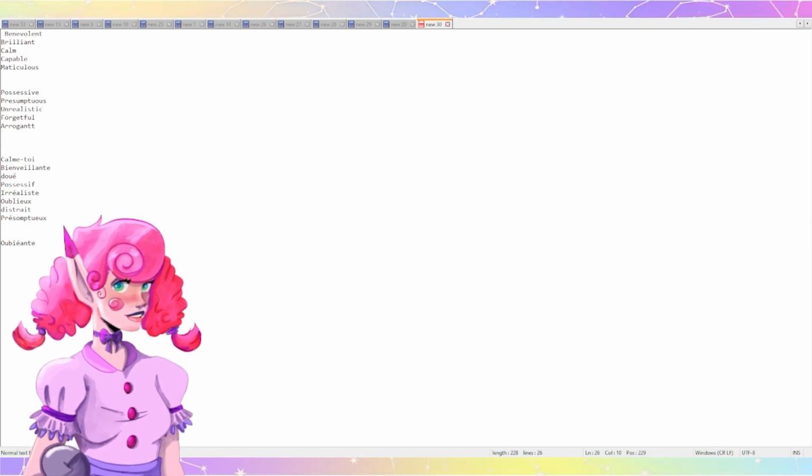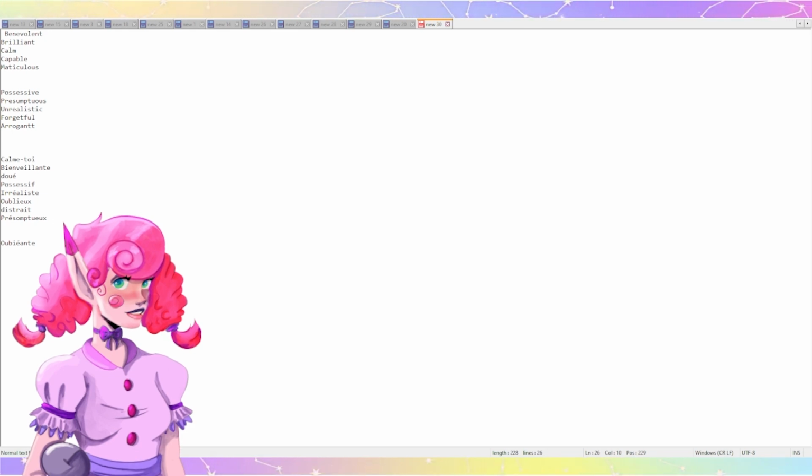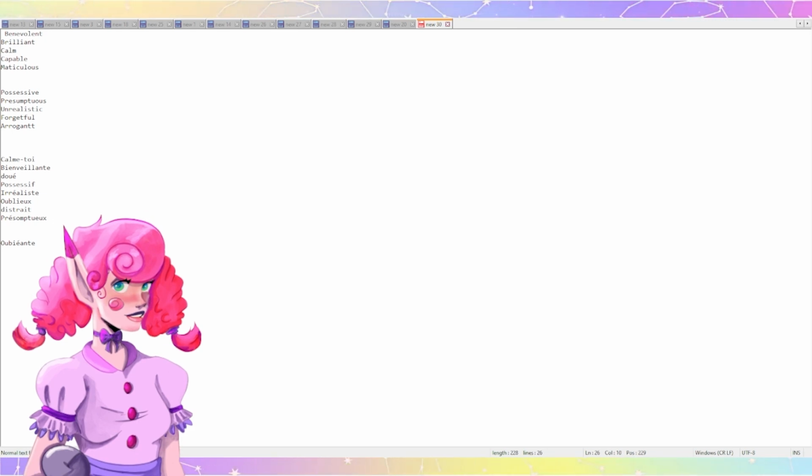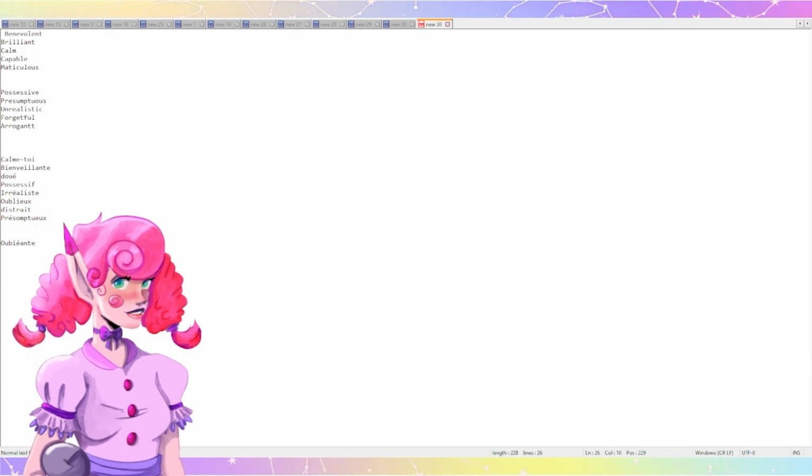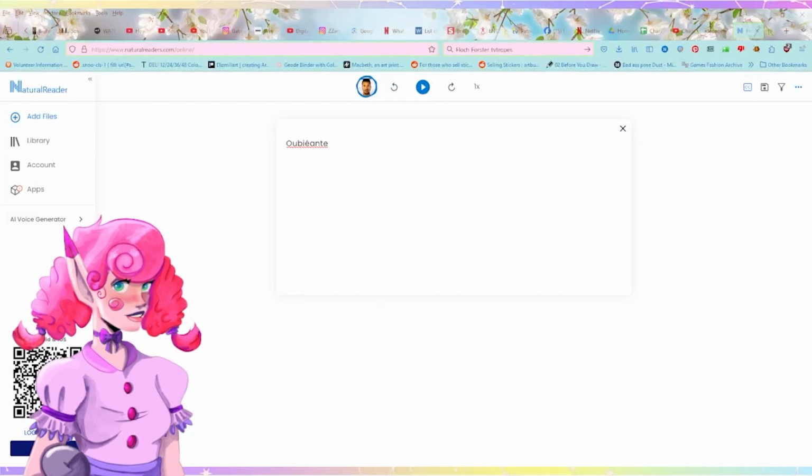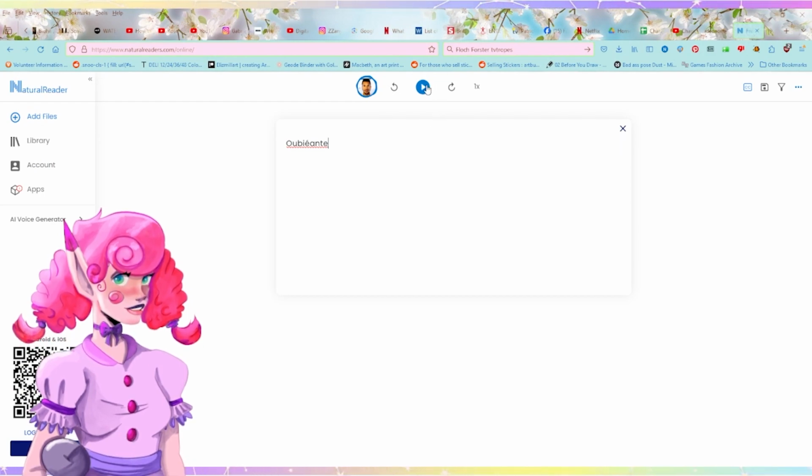So we're going to take it over to one of these AI natural readers online, just to see if it can be pronounced, because that's the actual thing. It needs to be pronounceable because a lot of people make fantasy names that aren't pronounceable at all. So I just picked a random French voice. You're going to have to pick a language. If you have an OC language, that's going to be a little bit harder. We're going to go here and I put the name in. And we're going to hear how this sounds now.